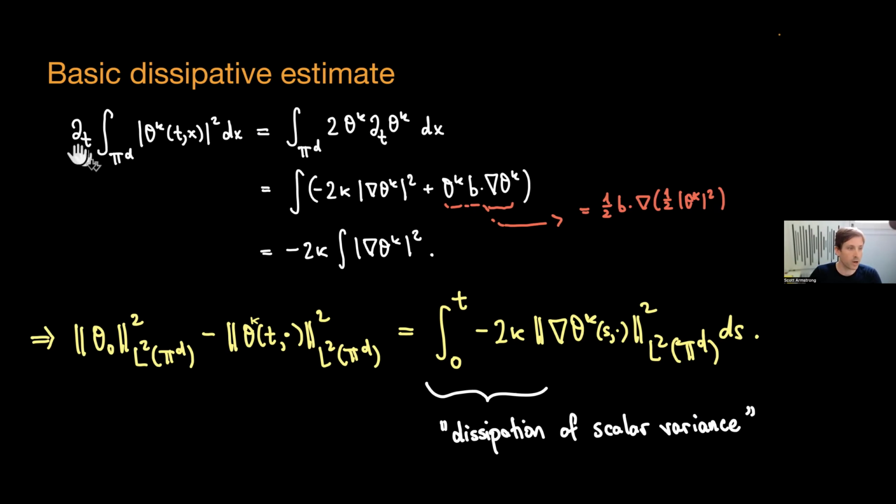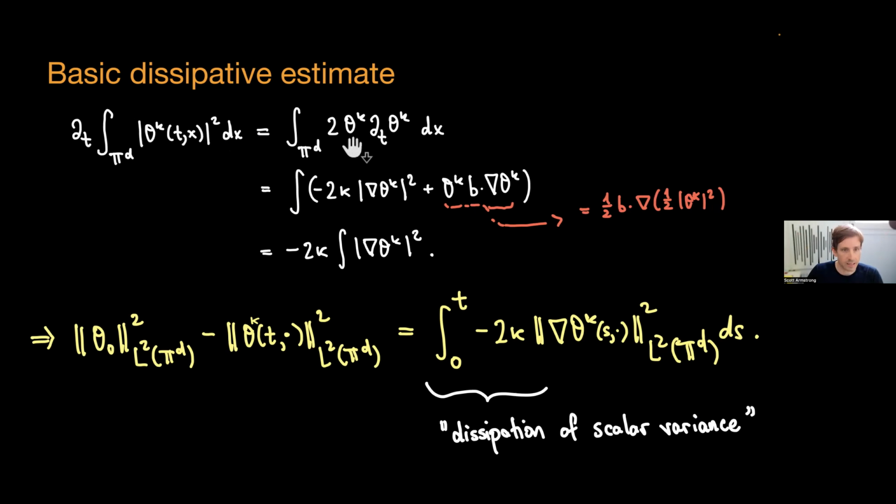So if you had the heat equation, you would just take the time derivative of the L2 norm squared of the solution. So for every time slice, you integrate the square of the scalar. The scalar has mean 0, and that's a property that'll be maintained by the PDE. So if it starts off with 0 mean, it'll always have 0 mean. So if you differentiate the time derivative of the L2 norm squared, it's like the variance of the scalar.